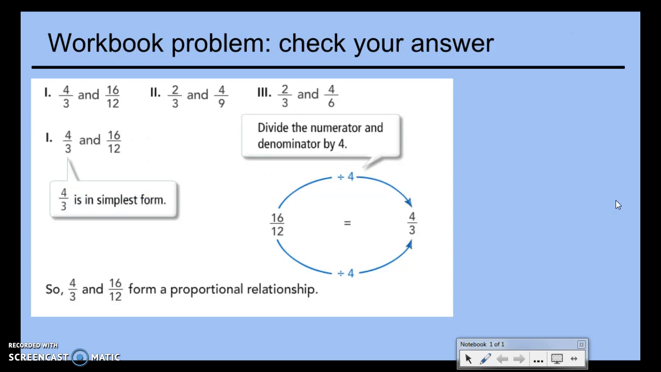Alright, so here is the answer. 4/3 and 16/12. 4/3 is simplest form. So yes, the first one is a proportional relationship. 2/3 and 4/9. 2/3 is 2/3. 4/9 divided by